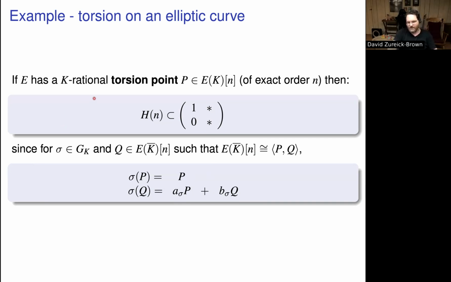And so if you have a K-rational torsion point, using P as part of your basis exhibits the image of Galois H as a subgroup of the group (1 star, 0 star). Conversely, if H is a subgroup of that, or rather conjugate to a subgroup of that, then the first basis element, helping you conjugate it into that subgroup, is a rational torsion point. So, first image of Galois problem: rational torsion if and only if the image is contained in this much smaller subgroup